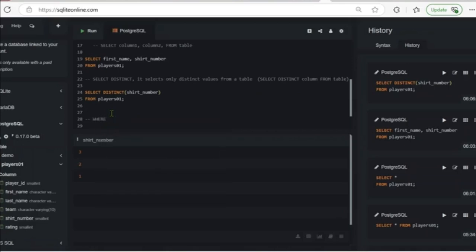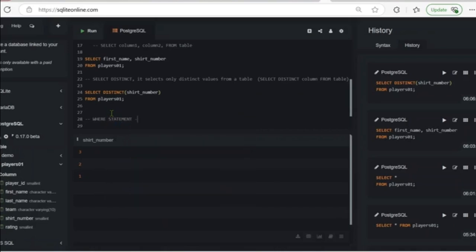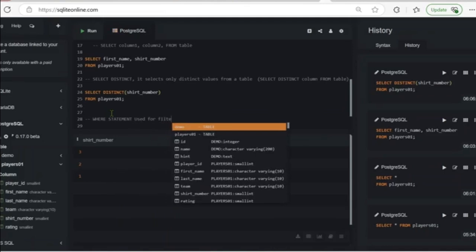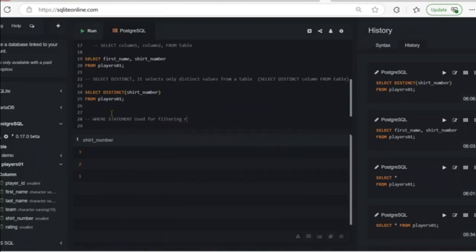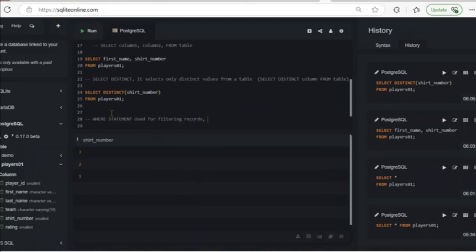The where statement, the concept is that you say select. The where statement is used for filtering records, and the syntax is this: